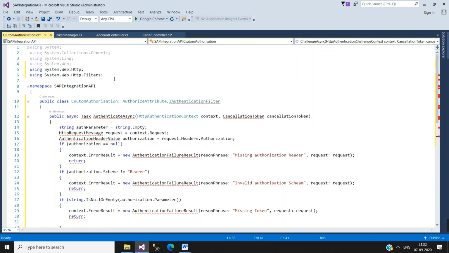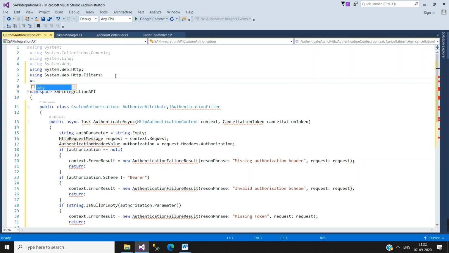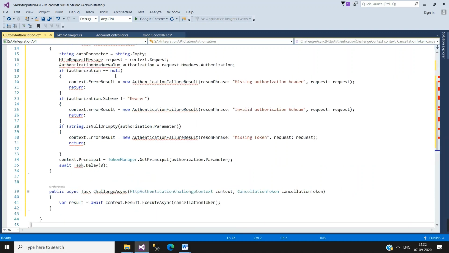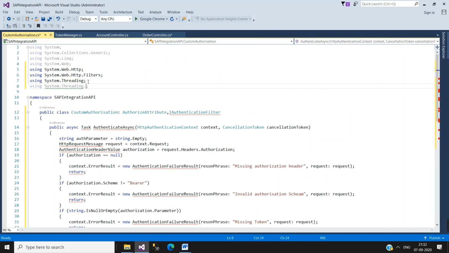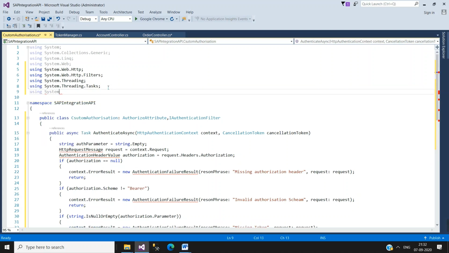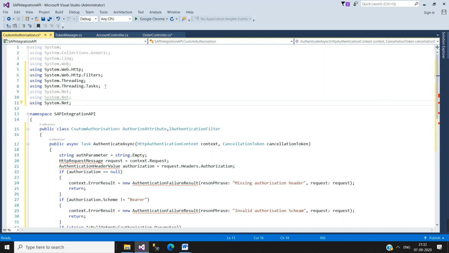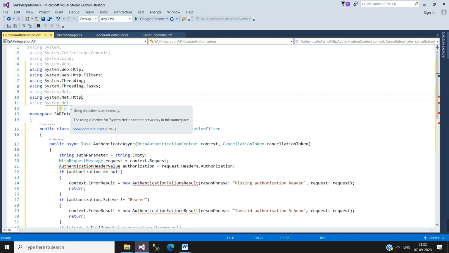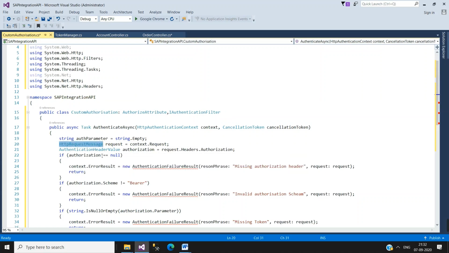So let me remove these errors. To remove this error, okay, I'm going to use .NET HTTP. So we have removed this error also.